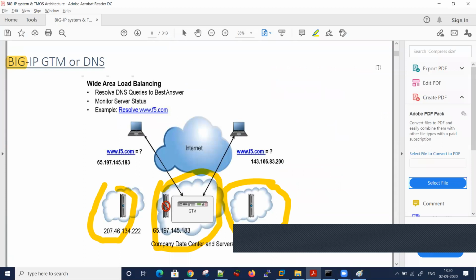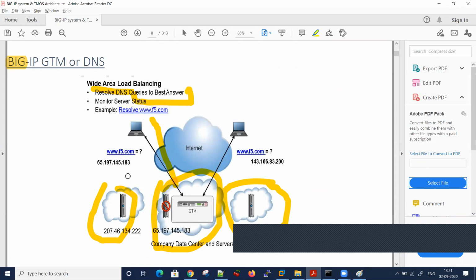DNS is just name resolution. It will resolve your DNS queries based on the best answer, which is closest to my topology. Like if I'm sitting in Delhi, my request will go to the Delhi data center. If I'm sitting in Singapore, I want my request to go to the Singapore data center. This is where GTM comes into the picture. LTM cannot do this.